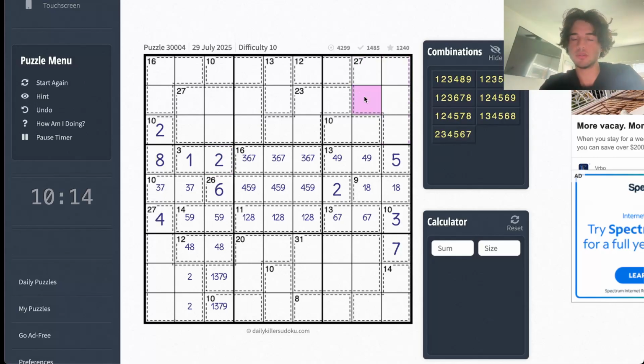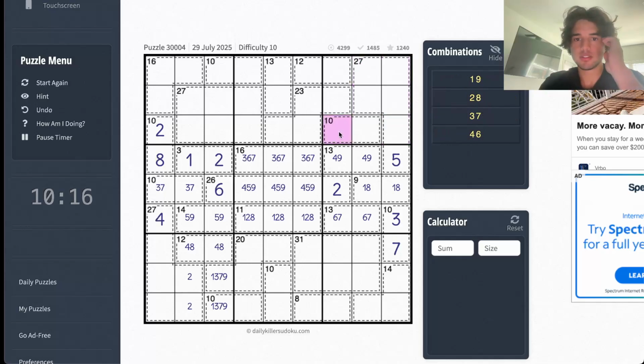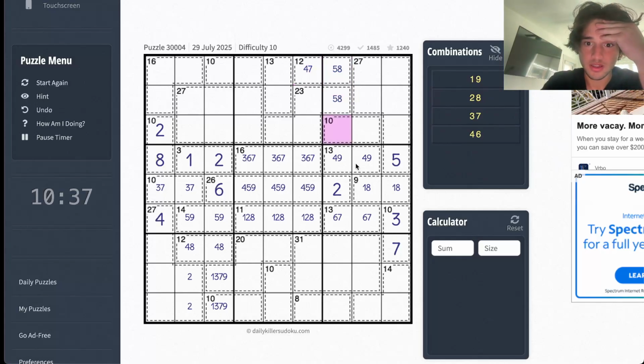So this is 22 plus 10 is 32. So this has to add to 13, which can't be 4, 9. And it can't be 6, 7. Did I do that right? 22 plus 12 is 32. 45 minus 32 is 13. It can't be 4, 9 because that would break that. 6, 7 would break that. So you know that's a 5 and an 8 there, which leaves you with 4, 7 there. And now,